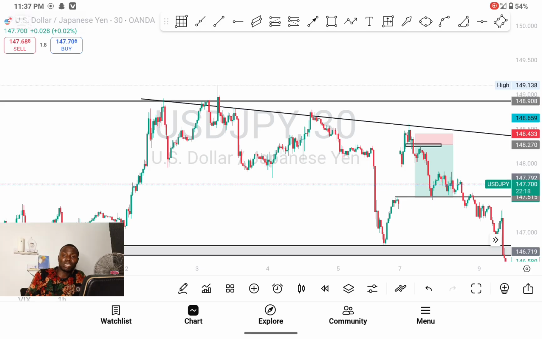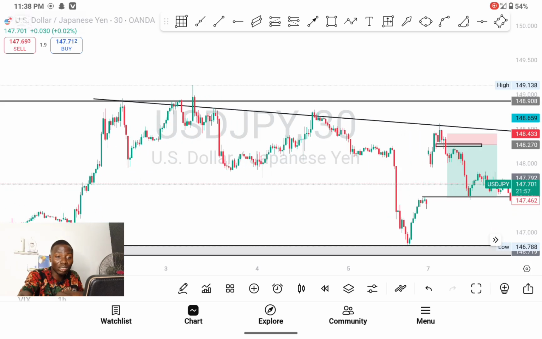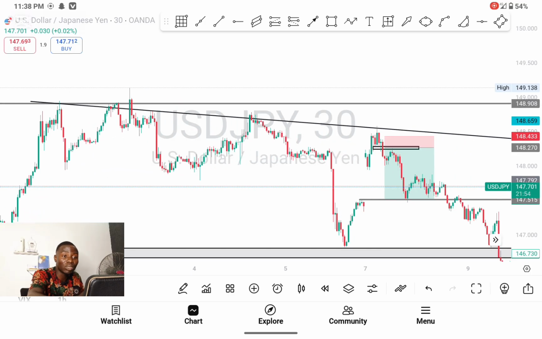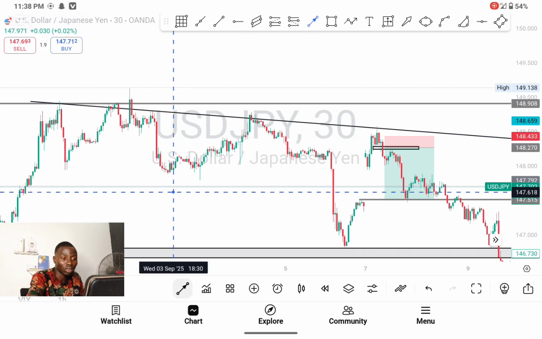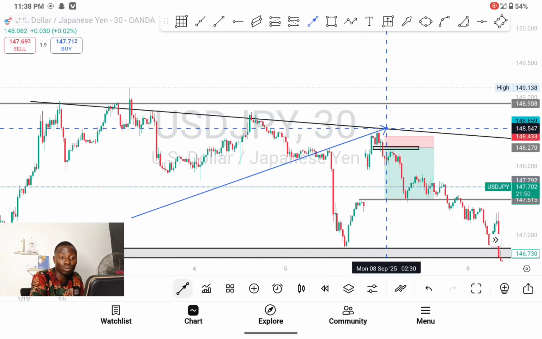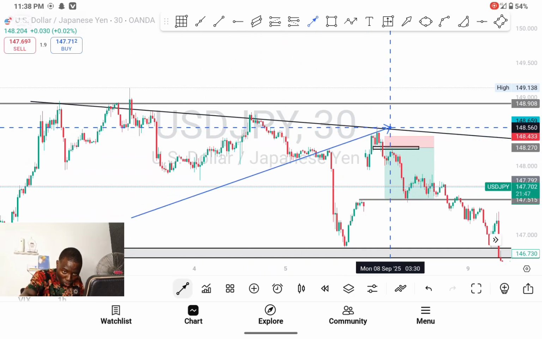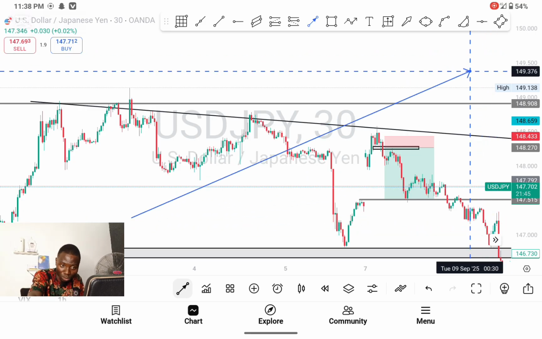When the market opens with a gap, you have to wait for the next resistance or support level before you take your trade. And if there is a confirmation, you need to have it. Don't rush in, because it can even break this. Let me show you something. It can even tend to break this resistance level and still come again to fill this gap. This gap must be filled.